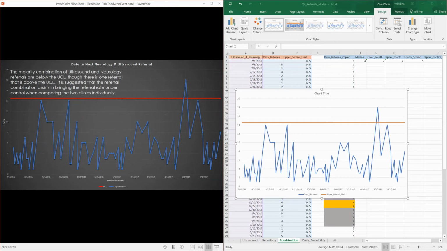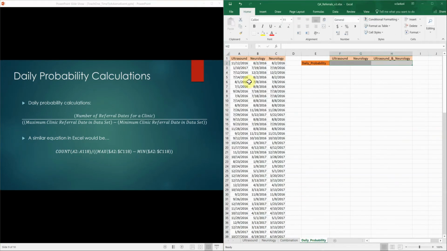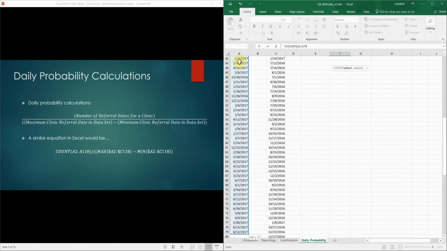So the next thing we want to do is calculate the daily probability. The daily probability consists of finding the number of dates within a clinic and then dividing that by the difference of the max and min date. So here I have all the dates without removing any of the duplicate dates, and I'm going to put my cursor in cell F2, type equals, count, and I'm going to count all the dates for ultrasound,